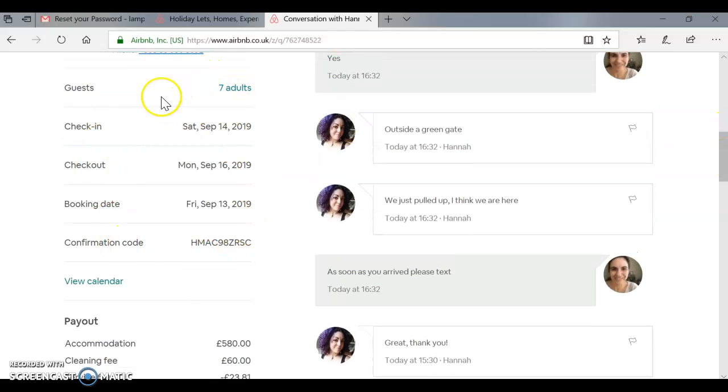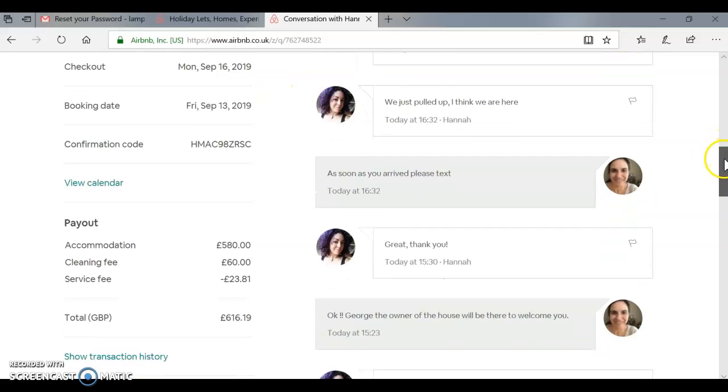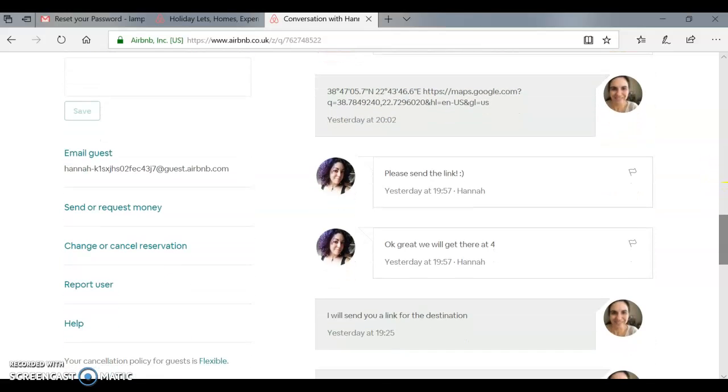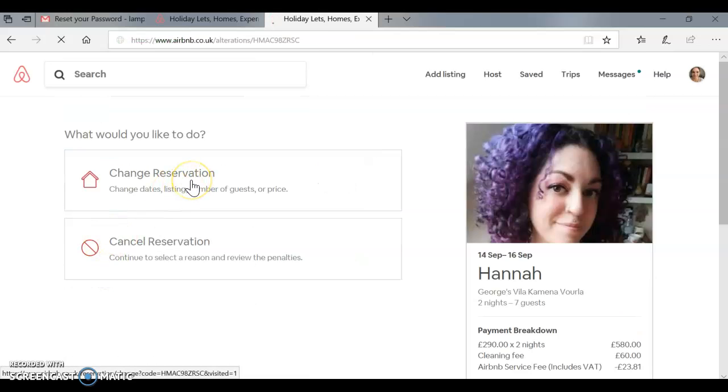You see here how many people, the date, the reference number for the reservation, how much the guests paid, your invoice, and then down here is the most important part. So in order to change your reservation, maybe ask for an extra day or ask for more money, you just go to change or cancel reservation, change reservation,